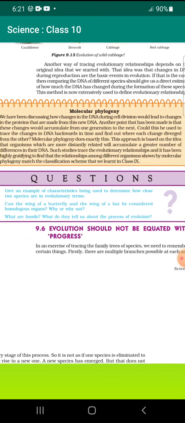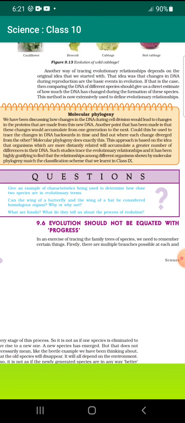Molecular phylogeny. We have been discussing how changes in DNA during cell division would lead to changes in proteins that we